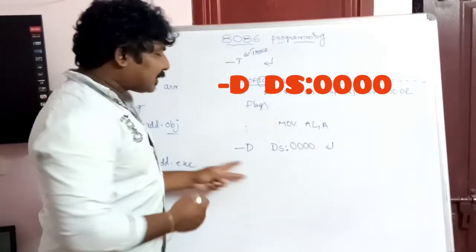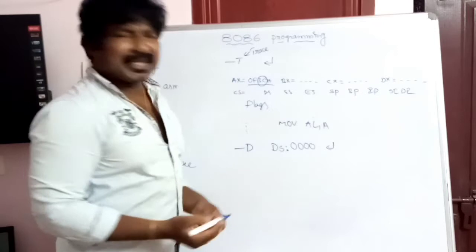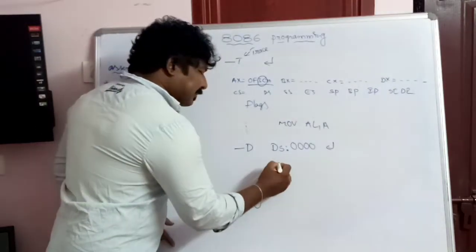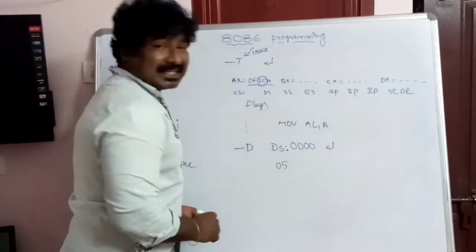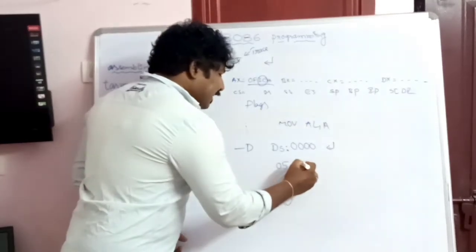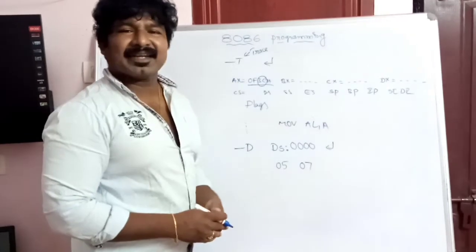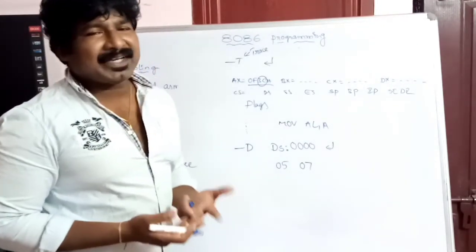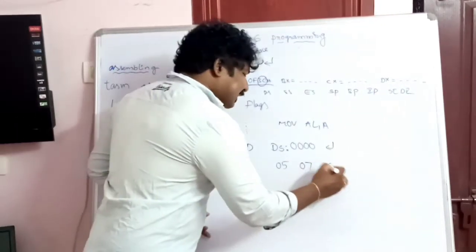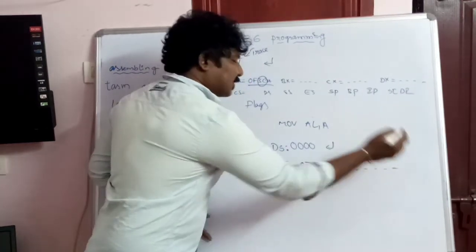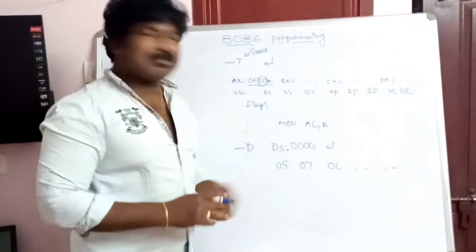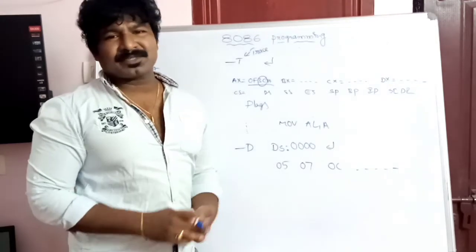That will display all the memory contents. What are the memory contents? What is there in the memory? There is your number 05, that is the A value, followed by 07, that is the B value, and 5 plus 7 means 12. What is 12 in hexadecimal? That is C. So you can see 0C and some extra values. That means you can see the memory map 05, 07, 0C.